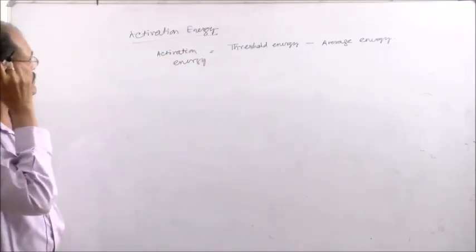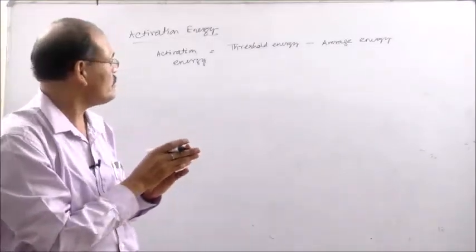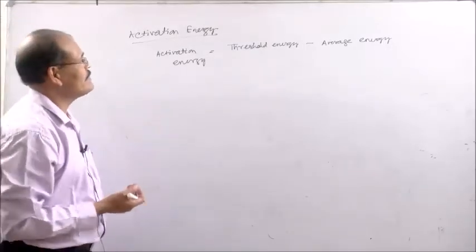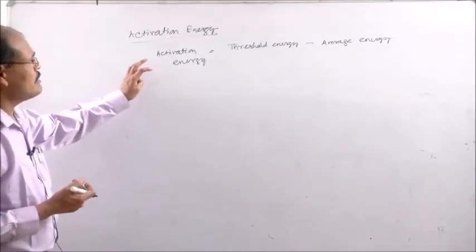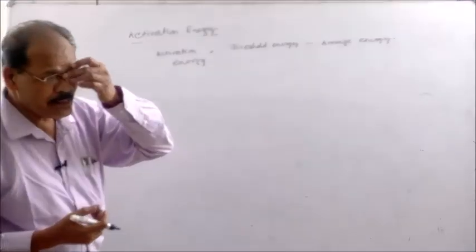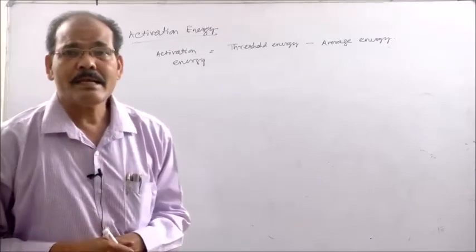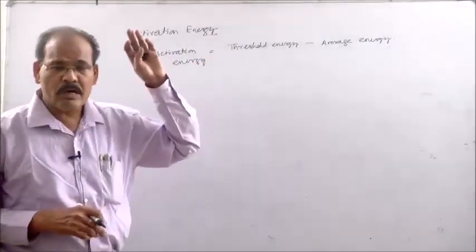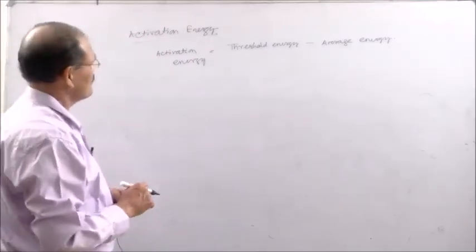This energy comes either by enhancing the temperature or by supplying light energy to the system, so that the molecules absorb that energy and get excited to react. That is why activation energy plays an important role in the rate of the reaction. Even with a 10 degree rise in temperature, the rate is either double or triple, or it may be more than that. So depending upon the temperature,